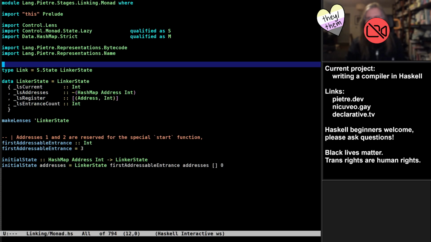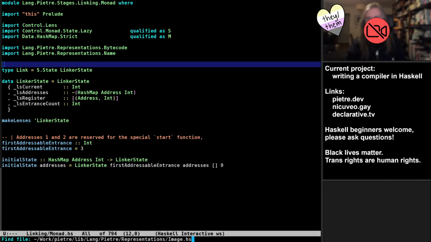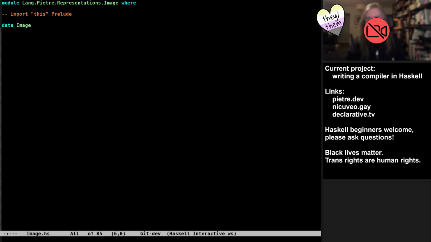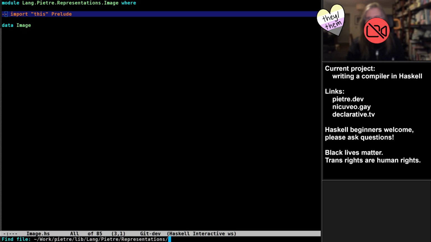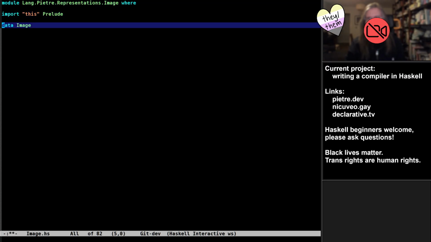I will probably also want to have in the representation after the bytecode. I do have image here, that is not really useful. I don't think this is used. I probably want to start putting the idea of the way data is stored across things in representation. I might want to put some stuff there, such as the output of the linking phase that is used for the input of the assembly phase,